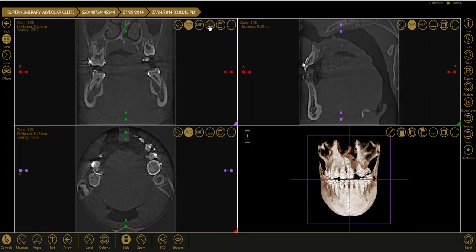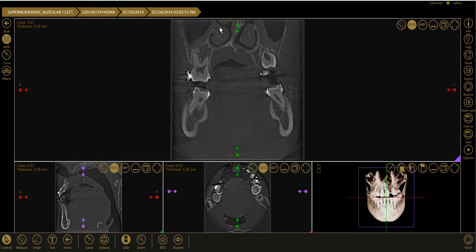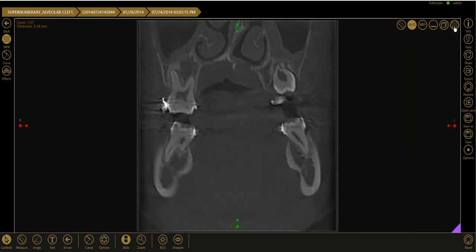The next icon that we have is a minimization. So this is the minimized view that we're looking at when we see all four regions: the coronal, sagittal, axial, and our volume rendered. This icon kind of maximizes the view that we click on. If I want the coronal view maximized, I use that button. If I want the region that I'm exploring to be full screen, that first icon is our full screen. So full screen,